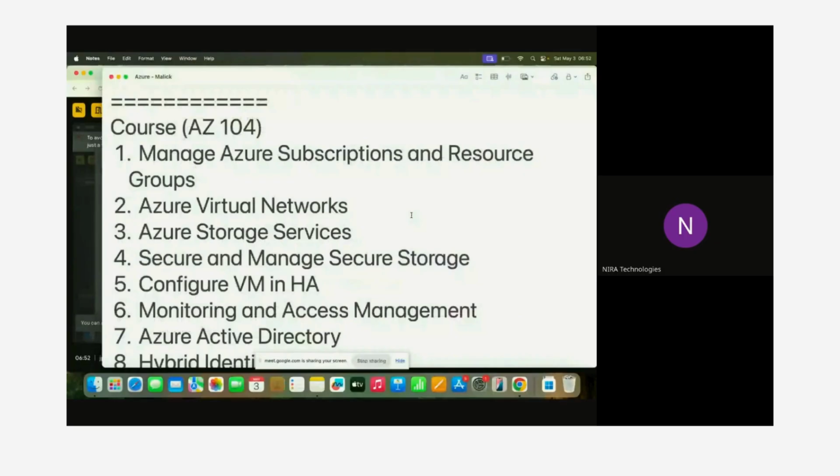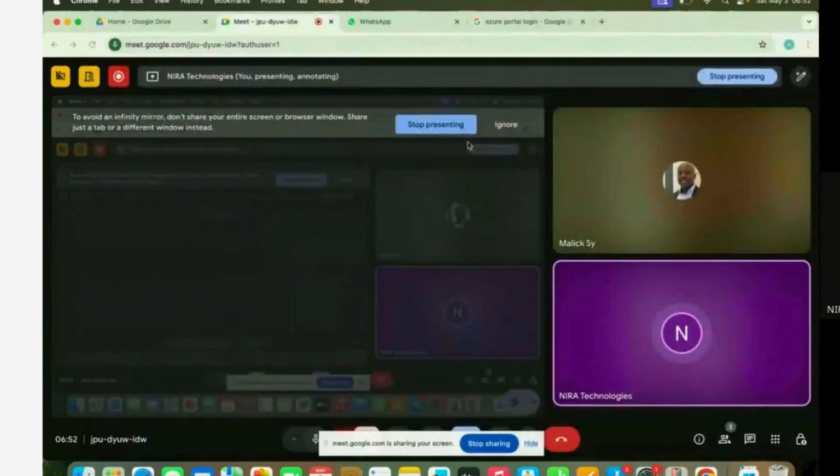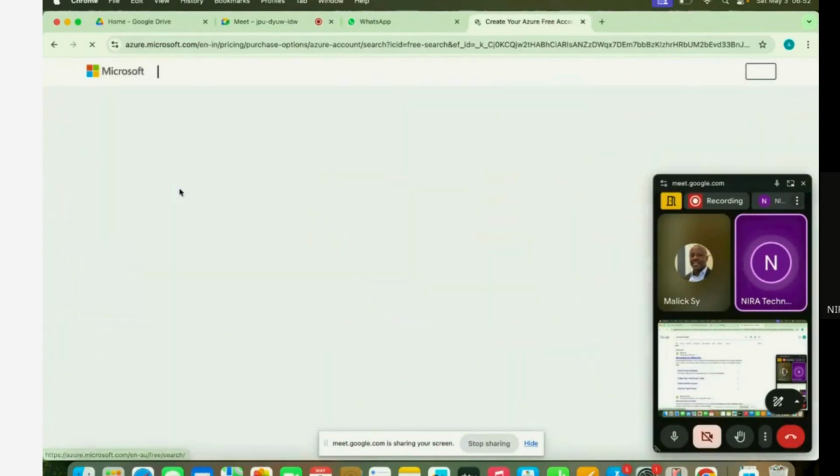As part of our curriculum, we have seen what a subscription means, and then what resource groups are. In short, a subscription is nothing but the license we take for a specific account. For example, let me log into this portal,